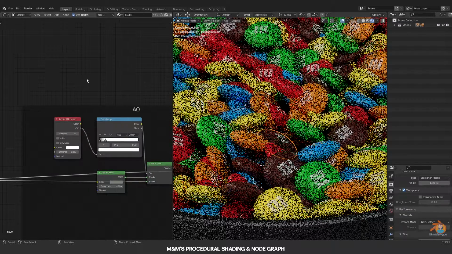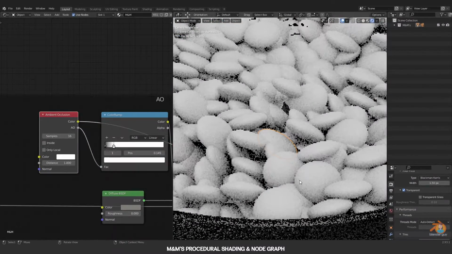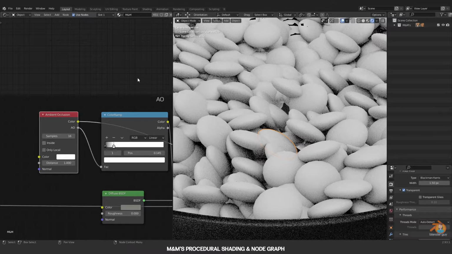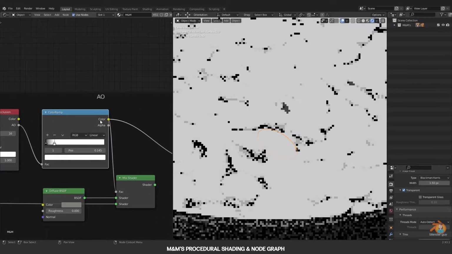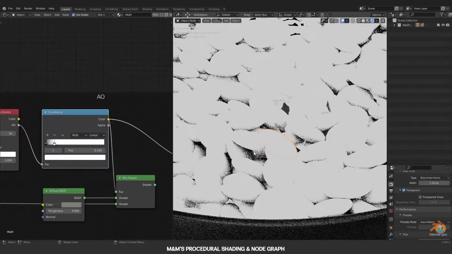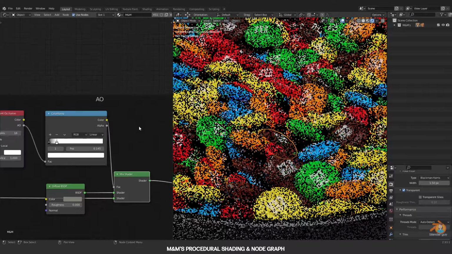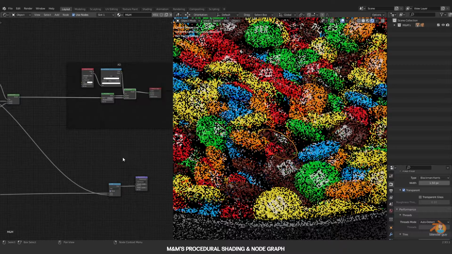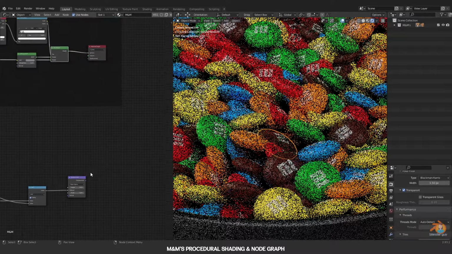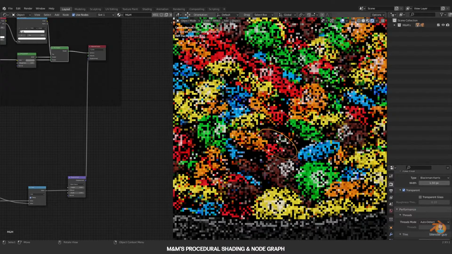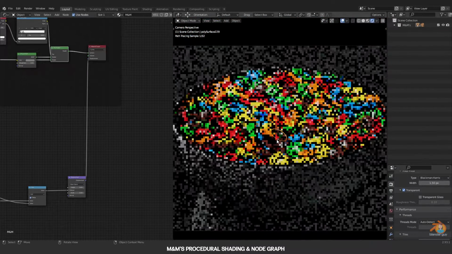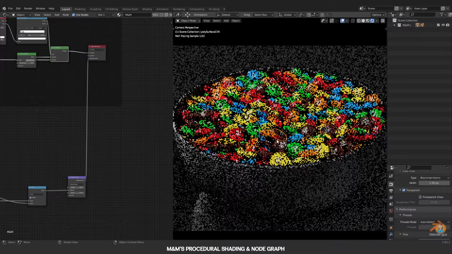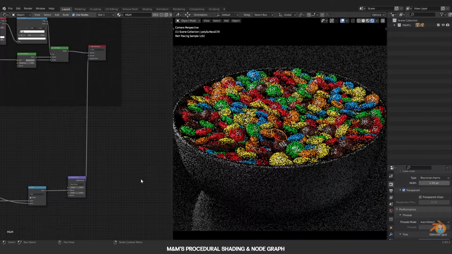And this is a simple straightforward occlusion material. As you all can see, I have adjusted the ramp to create only the shadow part, and I have blended together. And same bump I have used it for displacement. So this is a bowl of M&Ms, and also the bowl shader